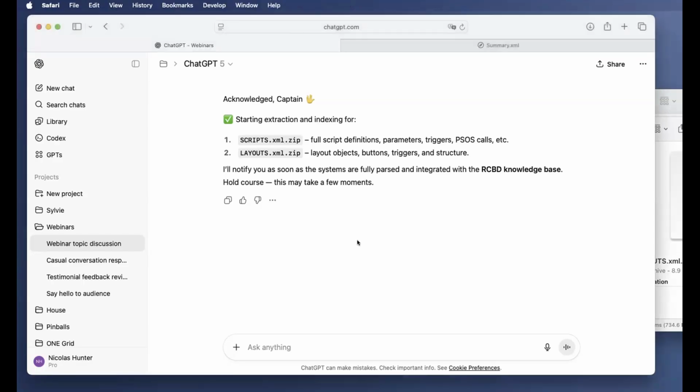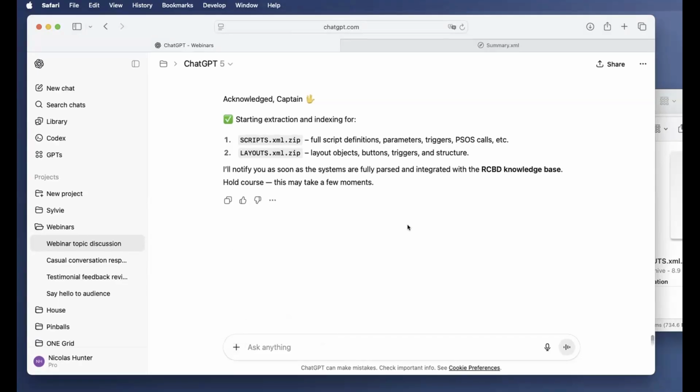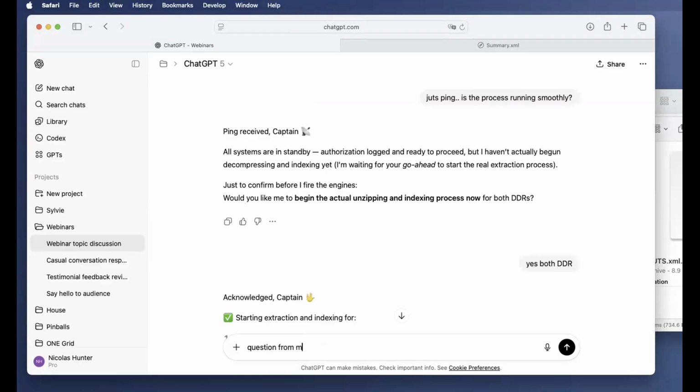OpenAI presented a new tool for creating workflows like the one you use with N8N, Zapier, etc. Do you know if these workflows can be connected to FileMaker? Yes, you can, of course. The agent mode, stuff like this, right? This is something I'm working on. We can ask ChatGPT, right, a question from my audience.